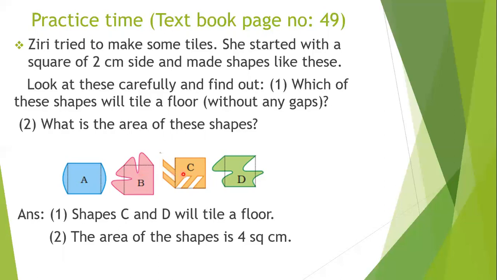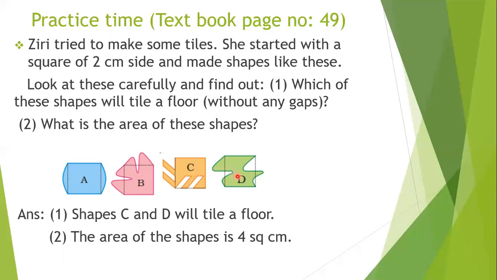But here see, in tile C, 2 gaps are there. This white, it is not a white color given, these are the gaps. Here 2 gaps are there, but the other side of the tile has 2 projections out. And these 2 projections will fill the gaps here. So if she brings another tile of the same type C, the second tile's projected part will fill in these gaps so that she can fill the floor without leaving any gap. So see, the tile C can be used to fill the floor.